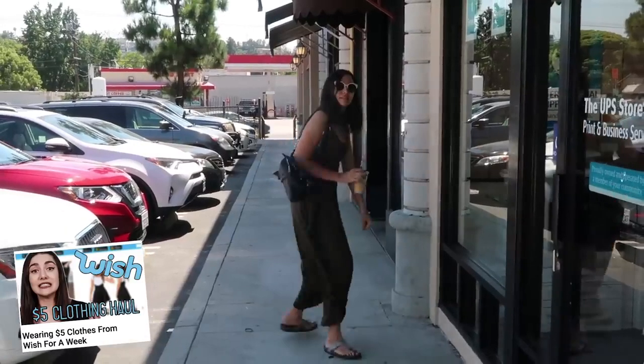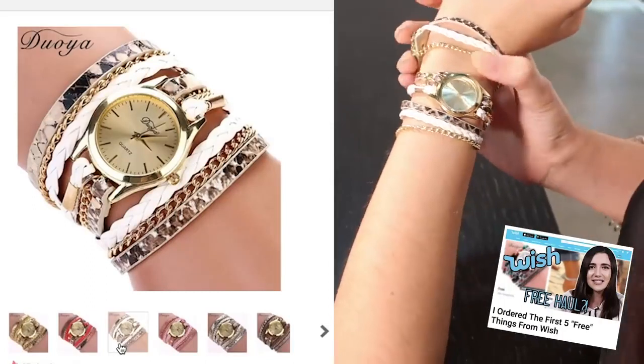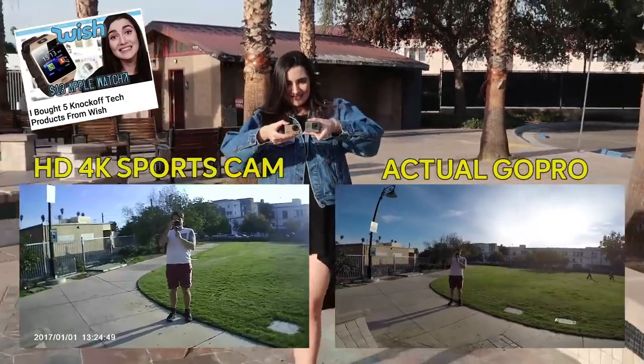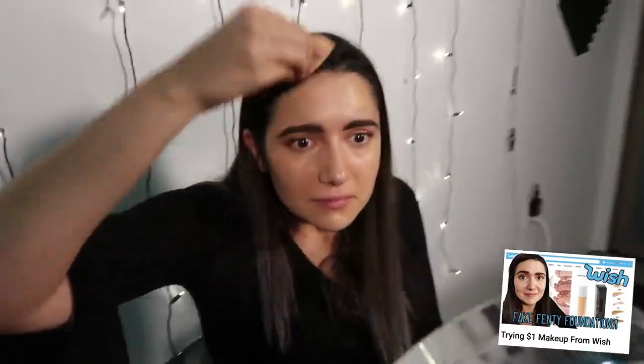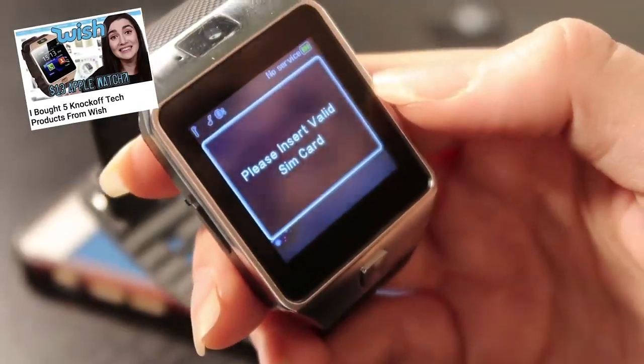And I should know, as I've previously bought inexpensive clothing, free, aka just pay shipping items, knockoff electronics, and mostly fake makeup from Wish before. And though I would say that there was an item or two that I did like, they mostly are of questionable quality. Now, as some of you all might know, I am engaged, betrothed, affianced,